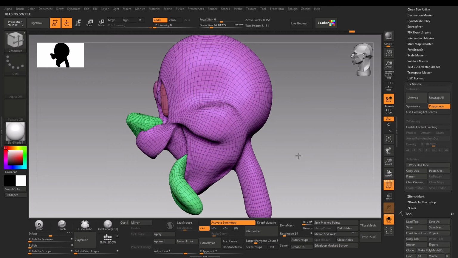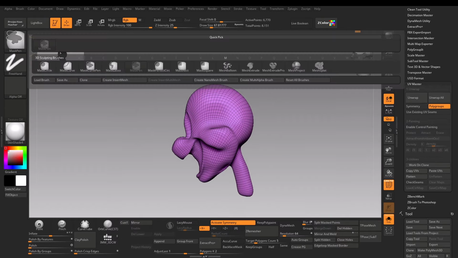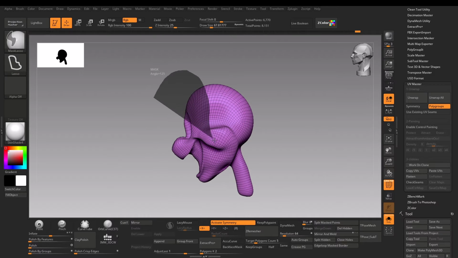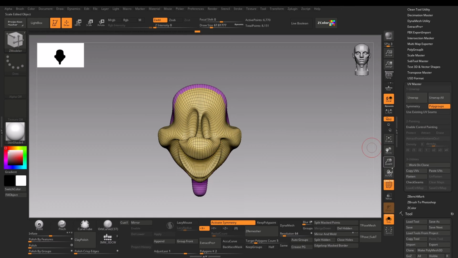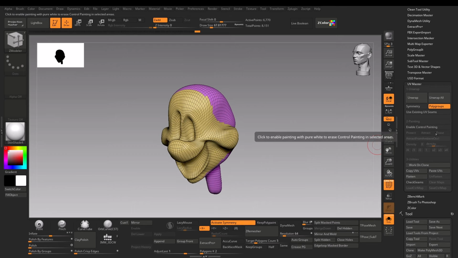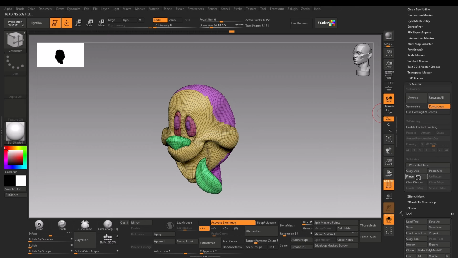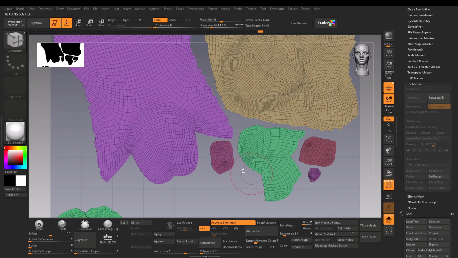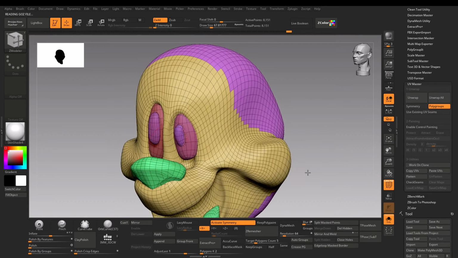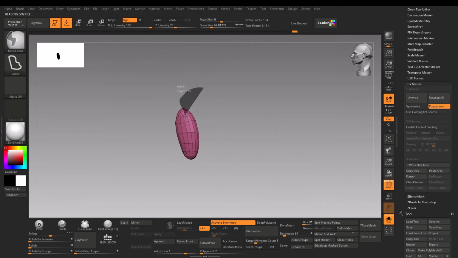Now all I can do is accelerate this part and select mask lasso, and mask out this part, because what if we want to flatten this face, which is usually what we want for our faces whenever we are UV unwrapping. And let's again UV unwrap it, and let's see how it fares. Again we have the face. Okay, this is acceptable, and the eyes we will again give it a